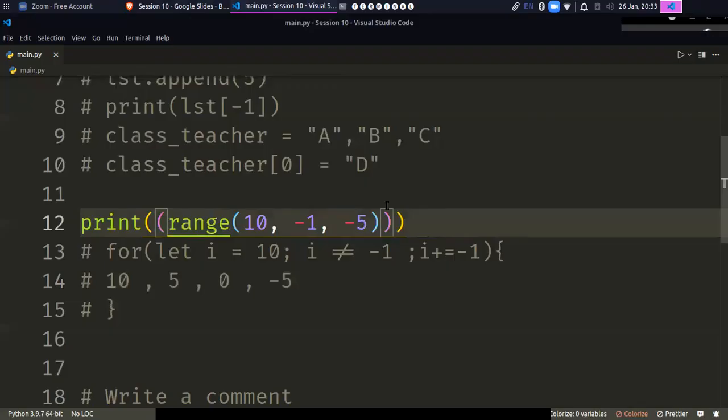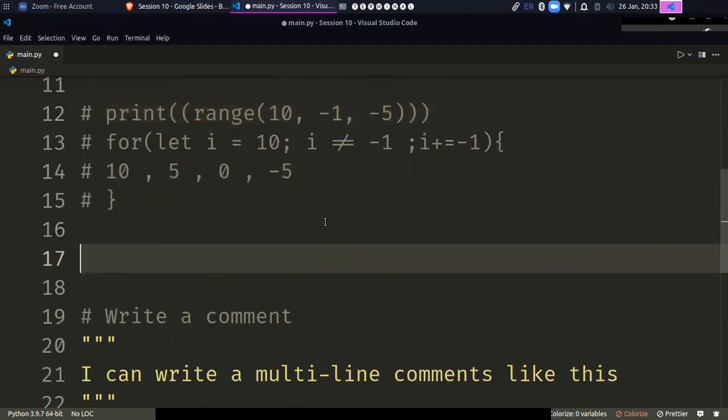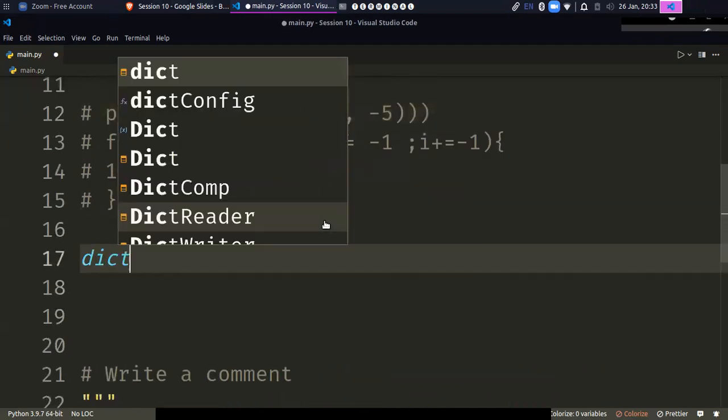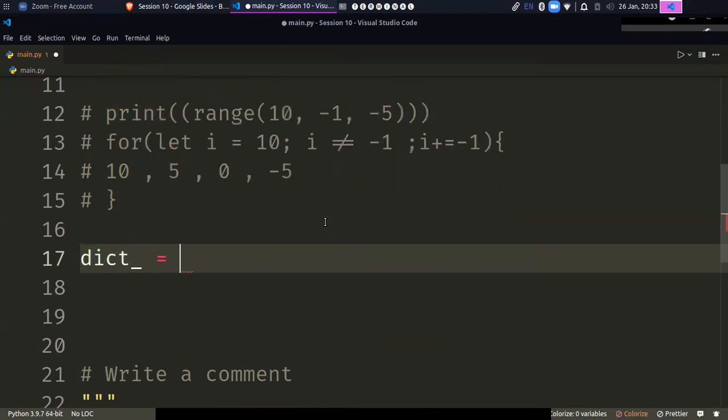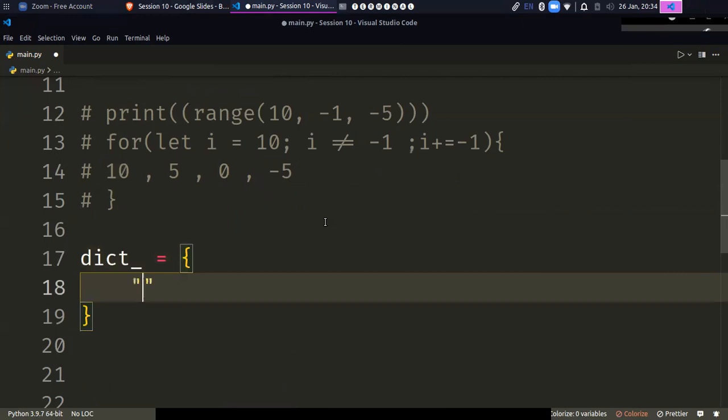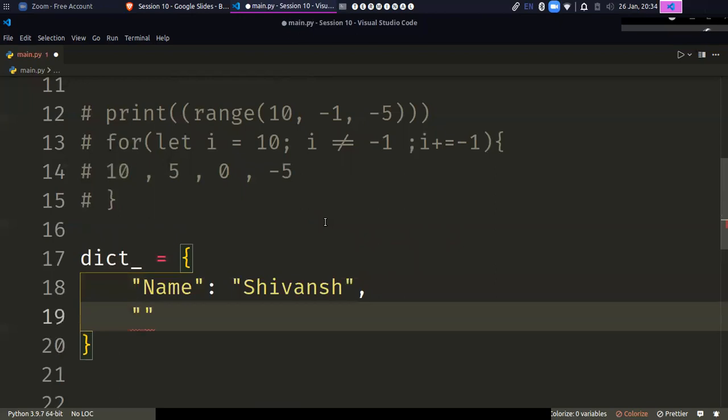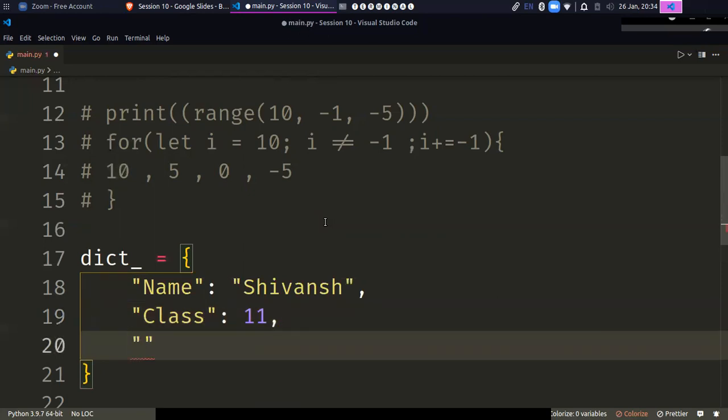Then we have dictionary. So dict again is a reserved keyword. So dictionary is more like object in JavaScript. So what we can do is that, let's say it's like key value pair. So if I have something like name and I have Shivansh, then I can have class 11, and then maybe knows coding,